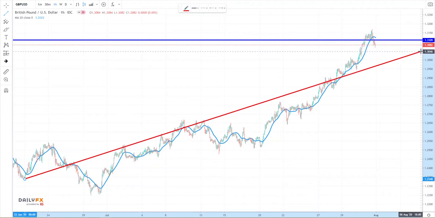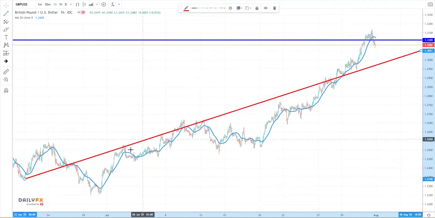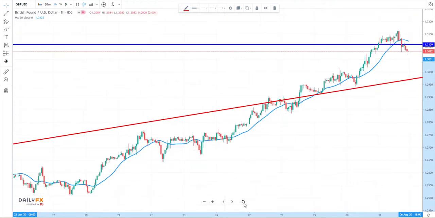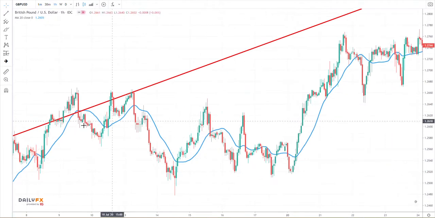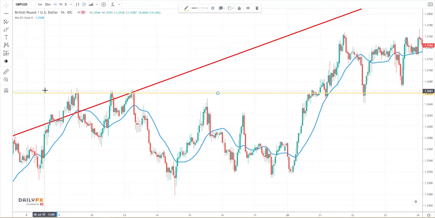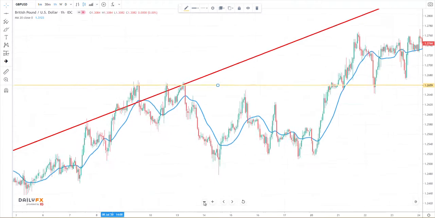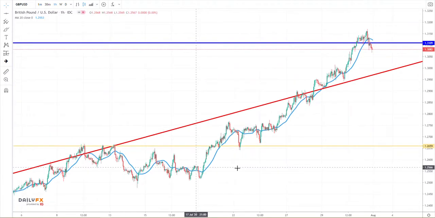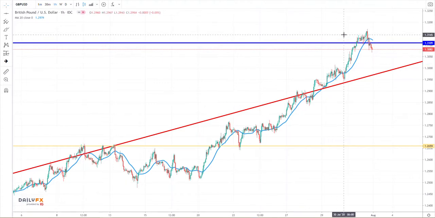So why did I put the trend line here? If we look back through July, we can see whenever price reached this, either below, it had a hard time popping above it, or it did it for a short time. There we go. Price moved above, then got rejected. Then we can draw horizontal lines every time this happens. So for a while it was rejected, and then eventually it popped through above, and resistance became support. So even though in the very big picture we look back, we see this to be a top,